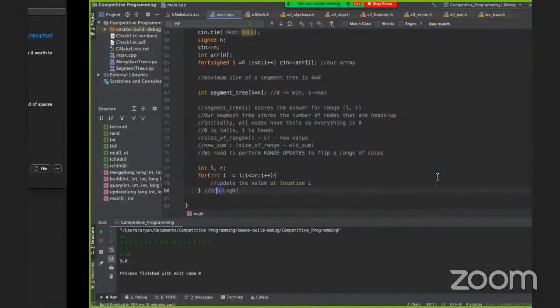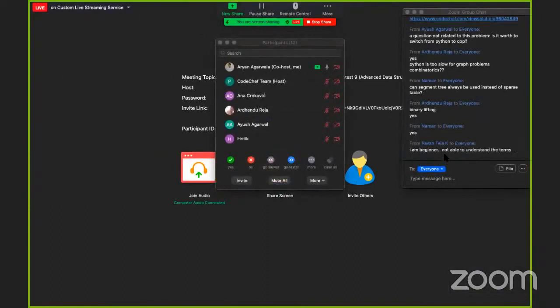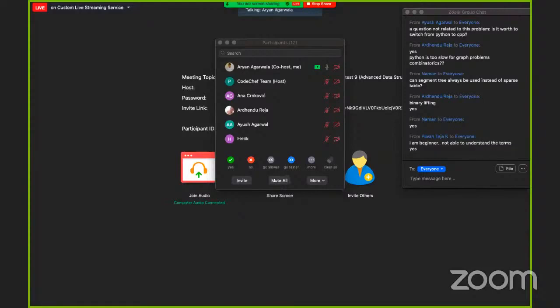So let's get back to the problem. Did everybody understand the problem? I know you guys were having a discussion, which is good. Pavan, Teja. Okay, the terms are not really relevant. We were just discussing something else, but that wasn't relevant to the session. I was just answering a doubt. Did you understand the problem that I showed you? Which was flip coins? Okay, good.